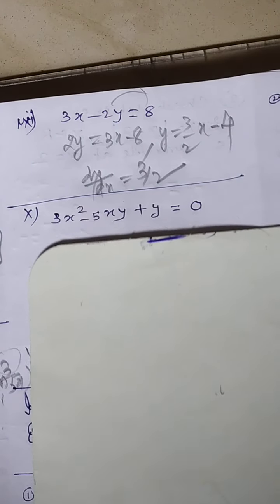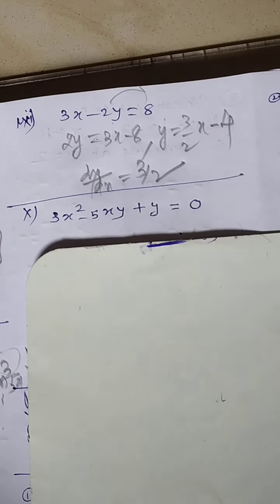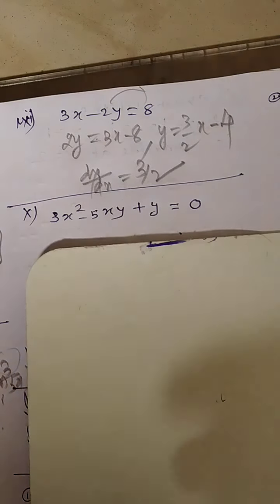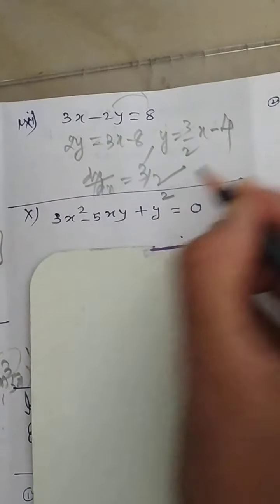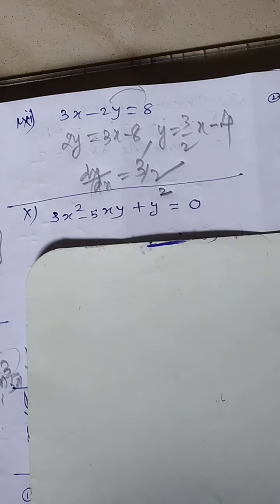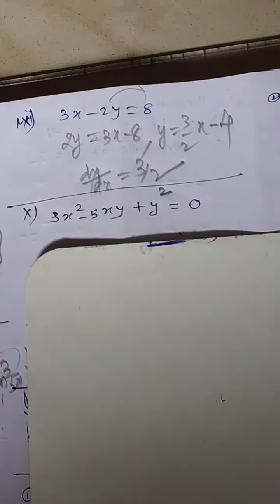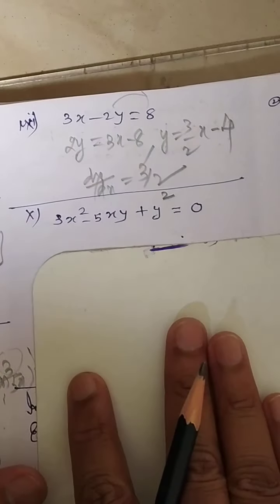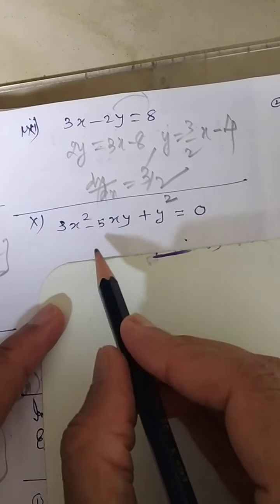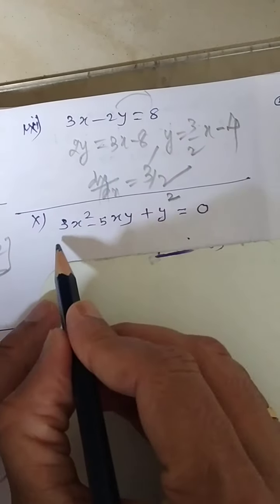Similarly, in case this question has been given to you, 3x square minus 5x plus y will be equal to 0. You can bring all y terms to one side and get the answer. But I am sharing some different approach to this question. Say I have written here it is y square. Then try to get the value of y purely in terms of x. If you do like this, there will be a problem. You cannot get y in the purely form of x. So how do we answer this question? You can start differentiating. Look here how.